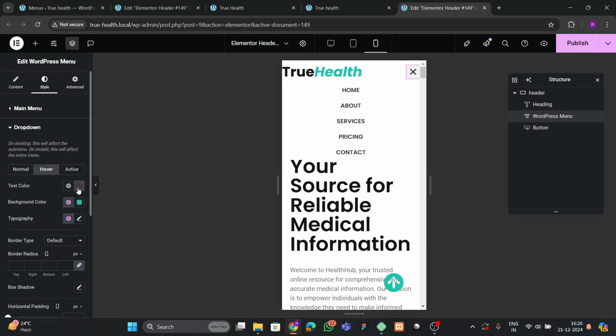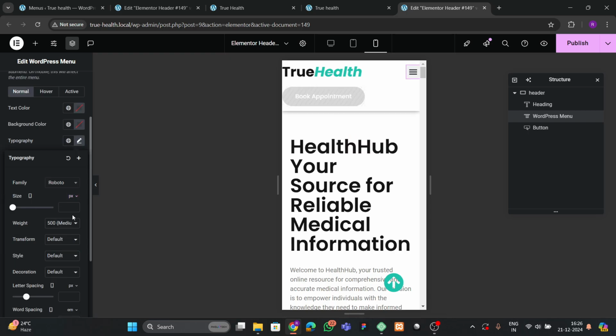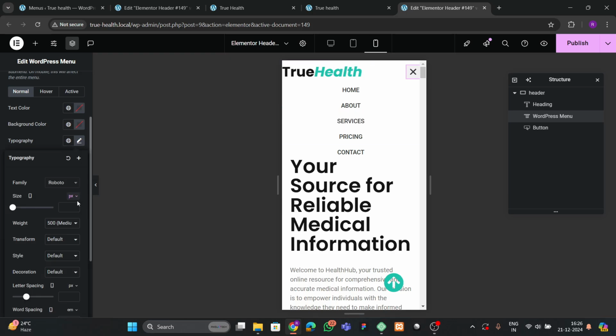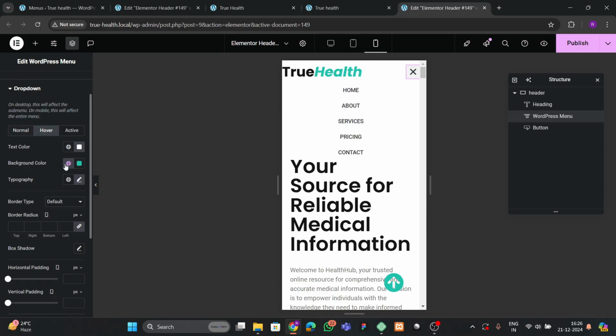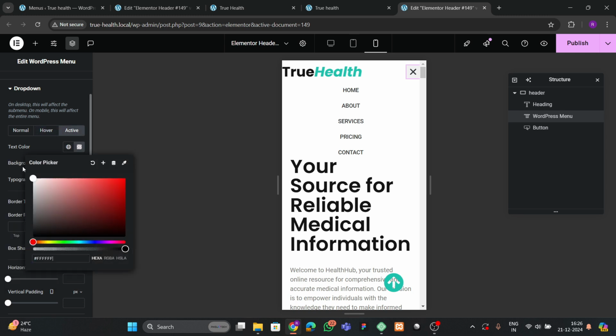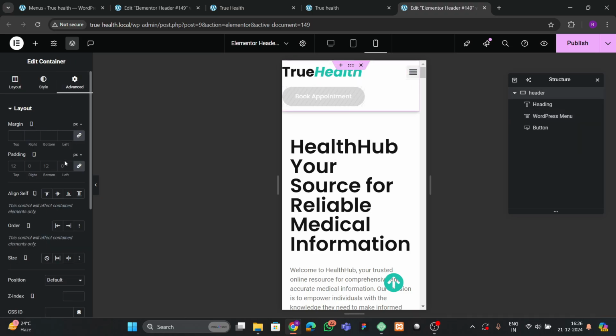So about the background color, you can choose this like this. Okay, and here also we can play with the font size. So if I click here, and if I go to the typography, you can see what is working here or not. So now we can go here, and here we can again make this white like this. Okay, and for the mobile header we can put some